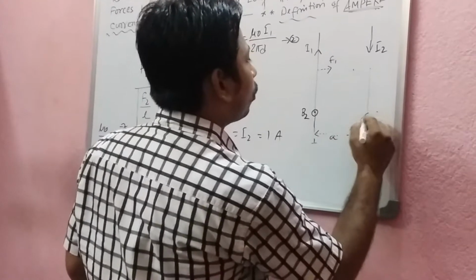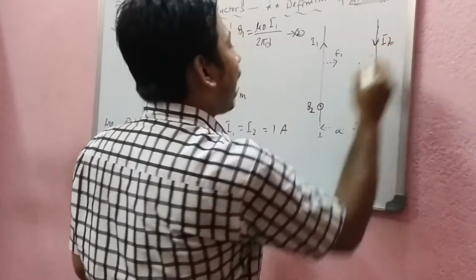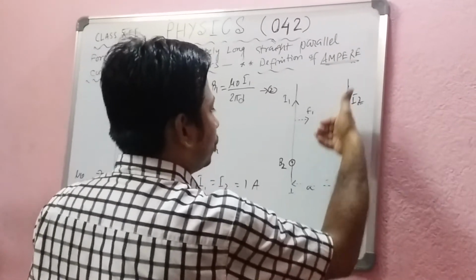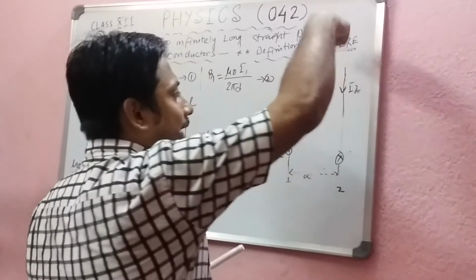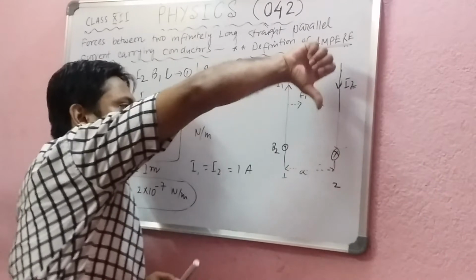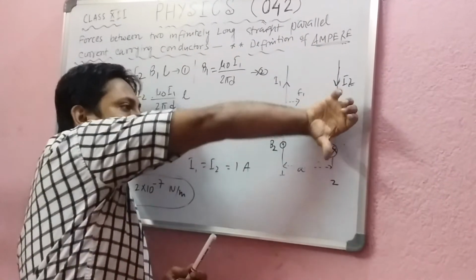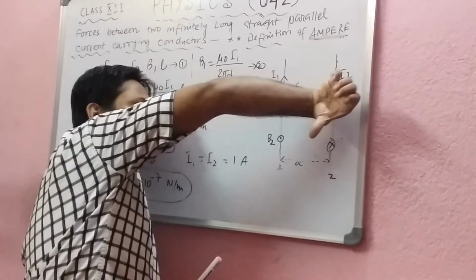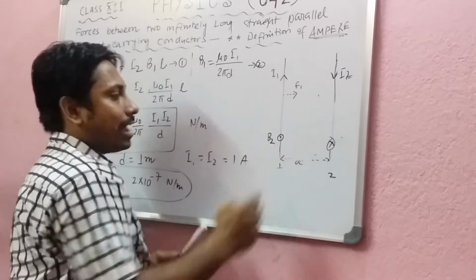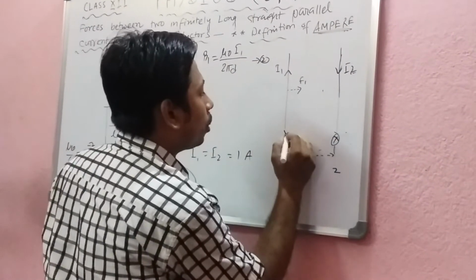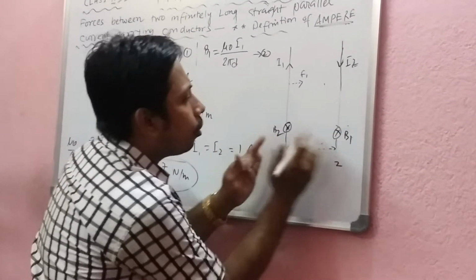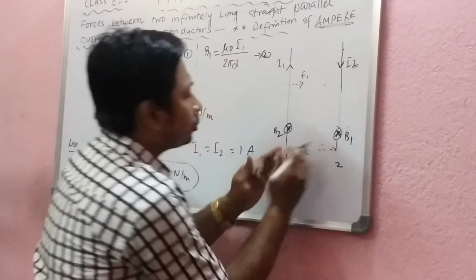For this we can put cross here. And for I2, what happened? For I2, oh sorry, the direction of I2 is reversed. So we can put the thumb in the opposite direction and the rest of the fingers like this. So for I2, the fingers cross in the I1, so we can write cross due to B2, and this is cross due to B1. Now see, both poles are actually cross.